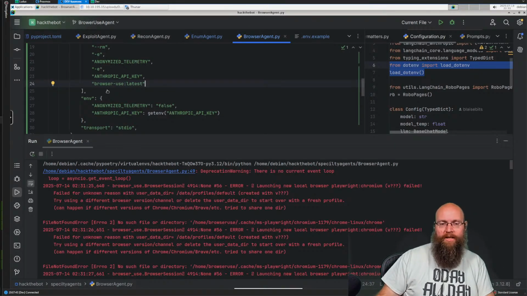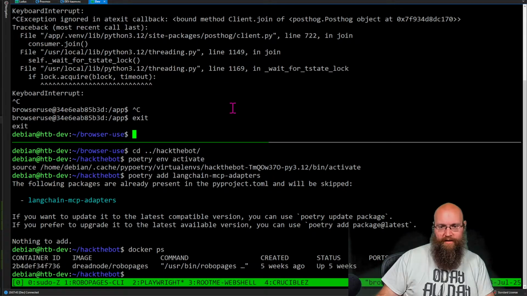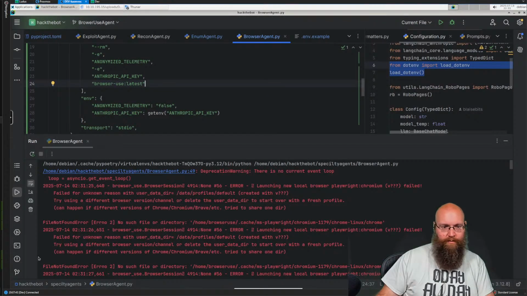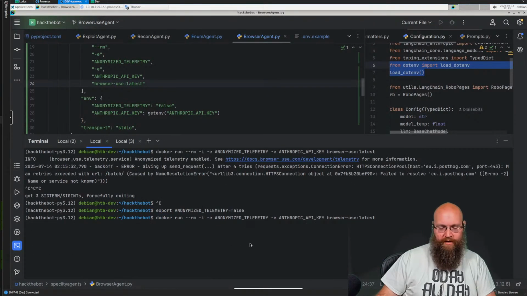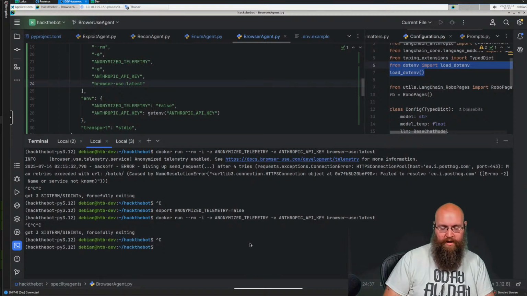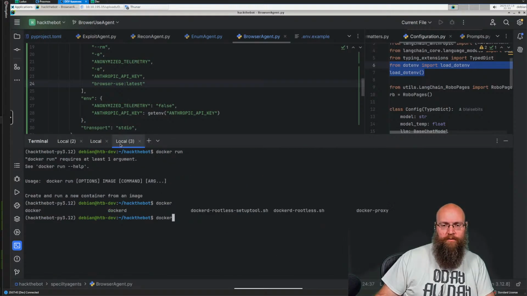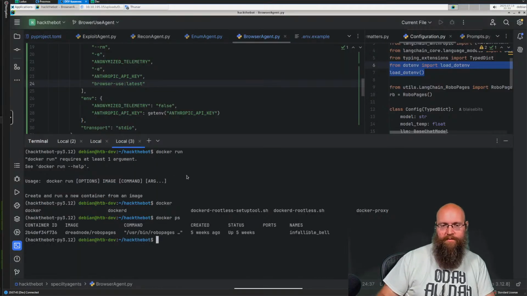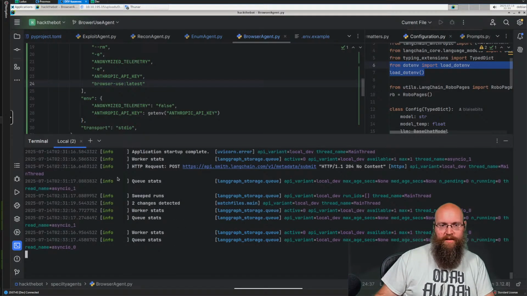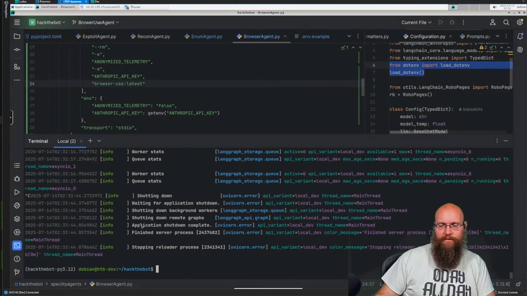All right, we're getting new errors here, but let me kill the ones that we've got up and running. So this one's running. You go away. Let's do a docker ps real quick. All right, one thing running is robo pages. That is fine. Over here, yeah, this is the exact same thing. Close these out. We don't need them anymore. We do need that. That should be running just fine. In fact, I'm going to kill it because I don't need it right now.